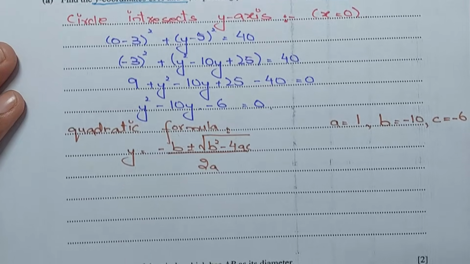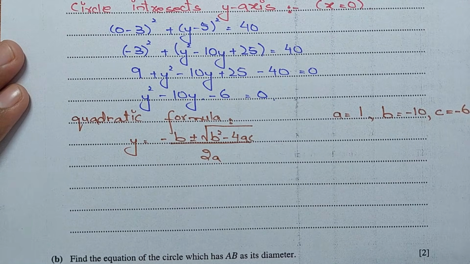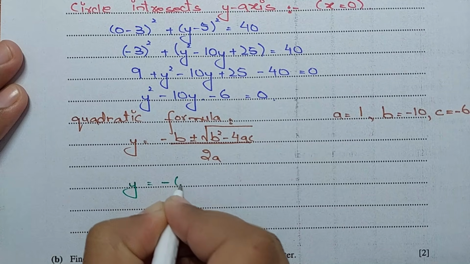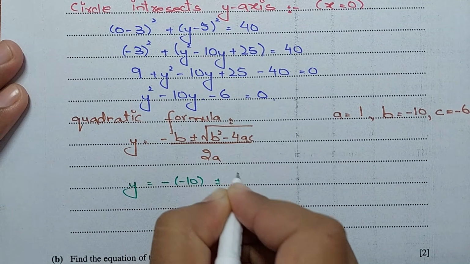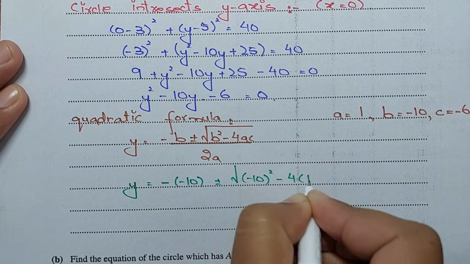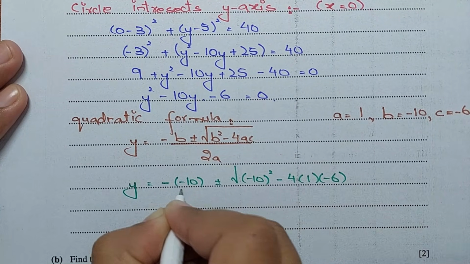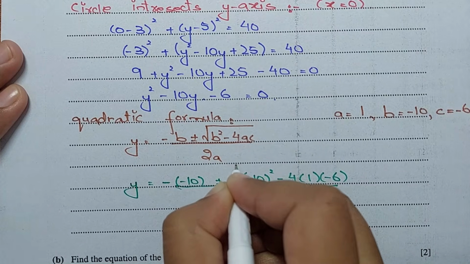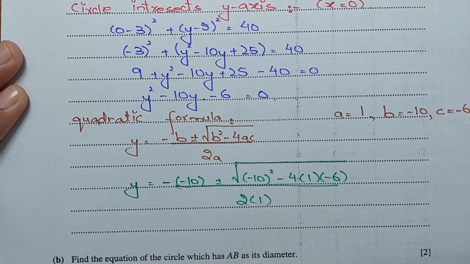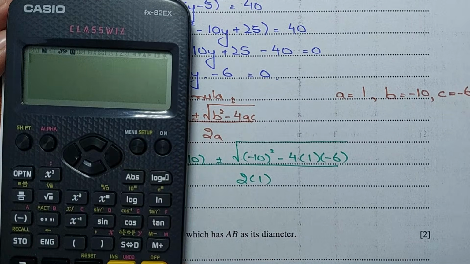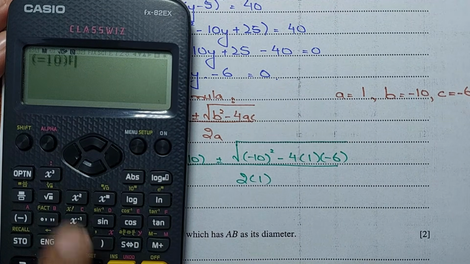All right. Now let me substitute everything into the formula. So we have y equals negative b, where b is minus 10, plus or minus the square root of b, which is minus 10, squared, minus 4, where the a value is 1 and the c value is negative 6, whole divided by 2 times the a, which is 1. Okay, simplifying further, here we have minus 10 squared